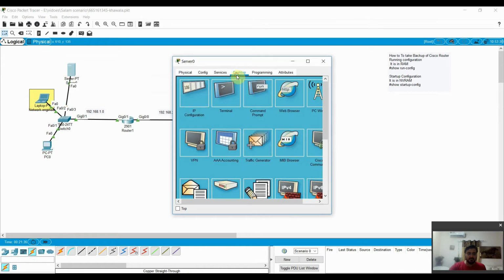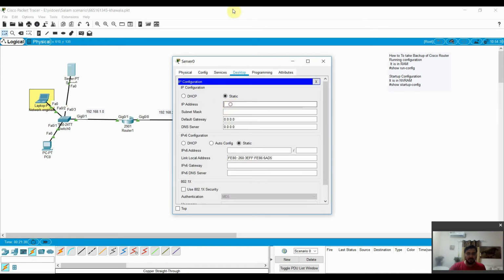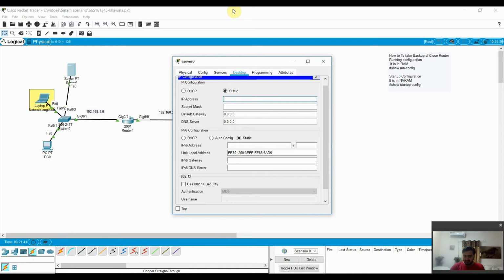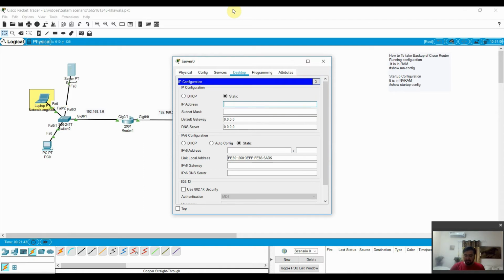So go to the desktop and I will assign the IP address 192.168.1.15, with the default subnet mask and default gateway 1.1. DNS I don't care about.